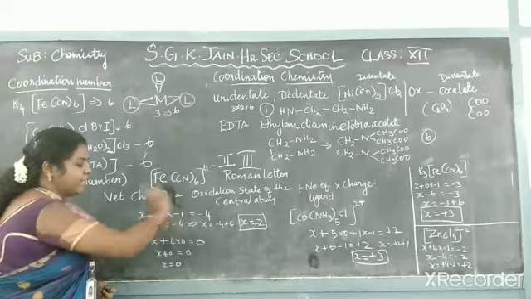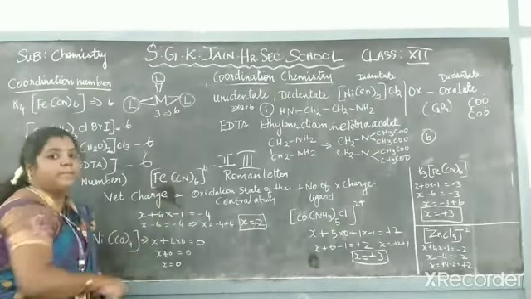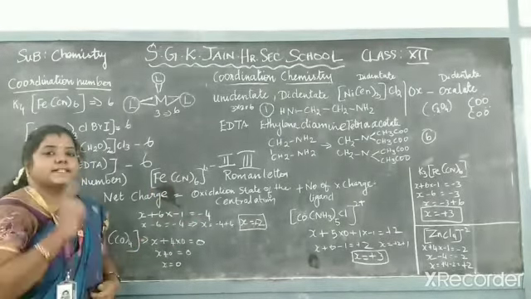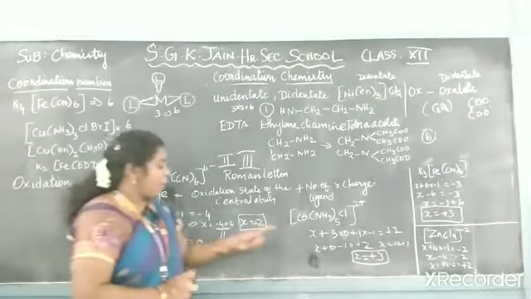So you will be getting plus 2. What is the charge of Fe in this compound? It is plus 2. How can you represent it? It is represented in the Roman numeral 2 while writing the IUPAC name. And the next compound is